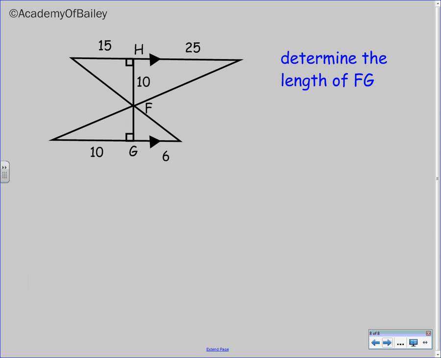Okay, so let's look here. I would like you to determine the length of FG. Well, in order to determine the length of FG, you know that those two triangles are not congruent because 10 and 6 make 16, and on the very top, 15 and 25 make 40, so therefore